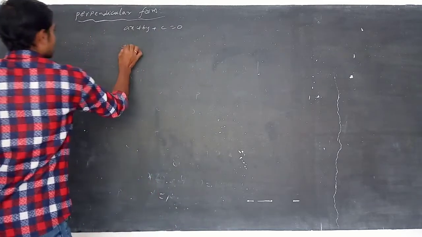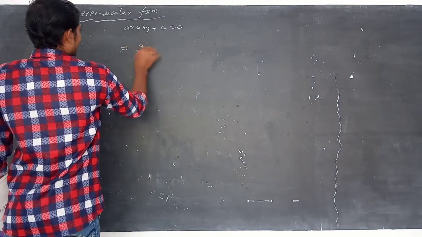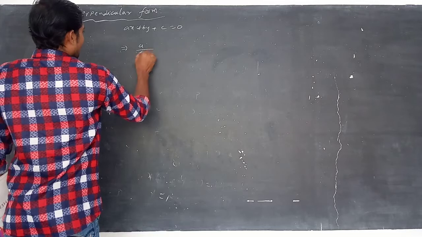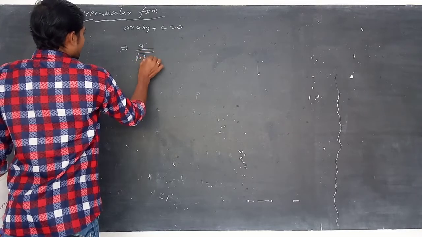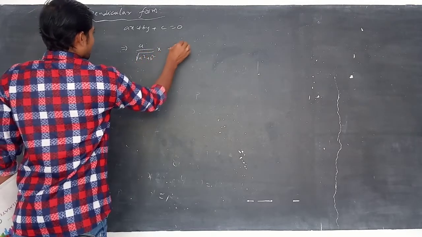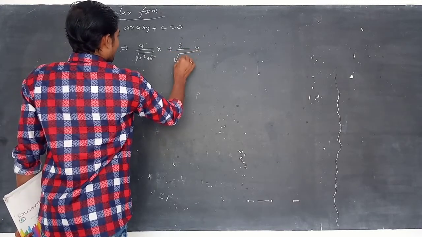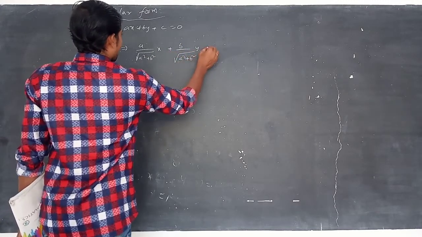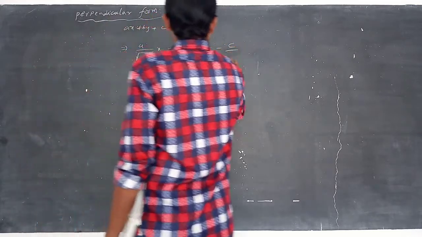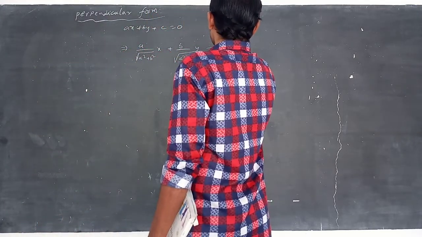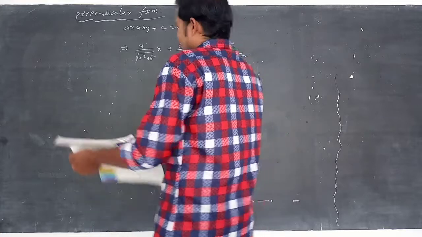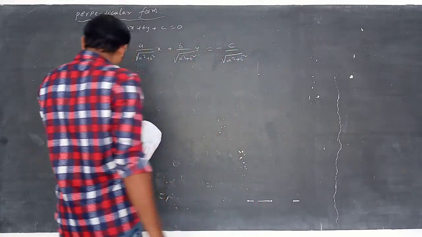That implies a by square root of a square plus b square into x plus b by square root of a square plus b square into y equal to minus c by square root of a square plus b square. This is the perpendicular form of a line,